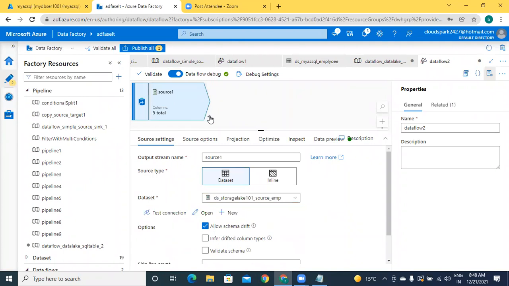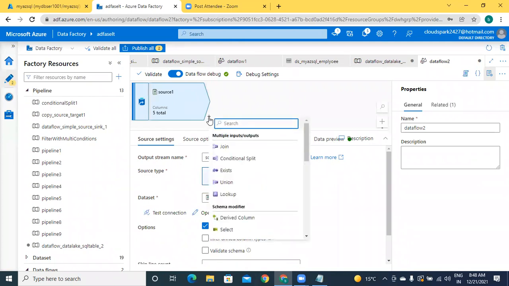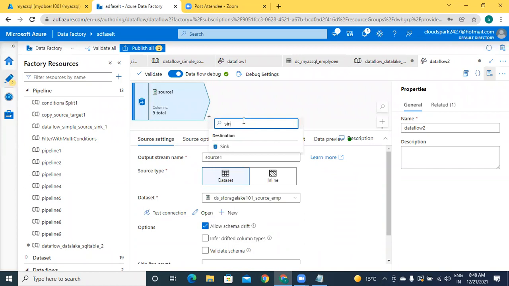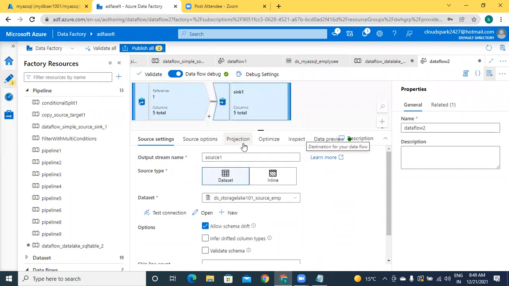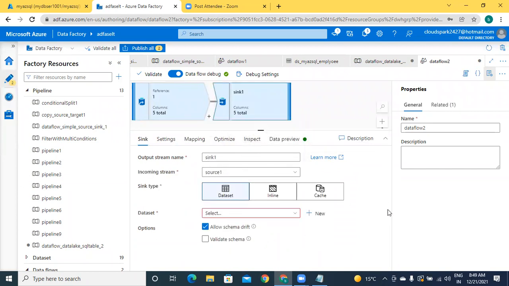Let me configure the sink for this. Click on the plus symbol. You can search for sink. The sink is ready. Now I'm configuring this.